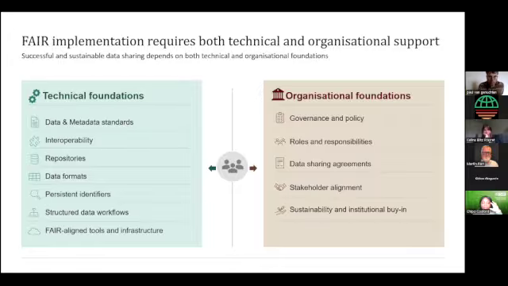These organizational foundations will prompt you to think about things like, who is responsible for data stewardship in this project, right? Do we have a person who has been allocated time and resources for this? What about when we're talking about data sharing? What data can and can't be shared, and who decides? Who even determines that? Do we have a name, an allocated role for that?